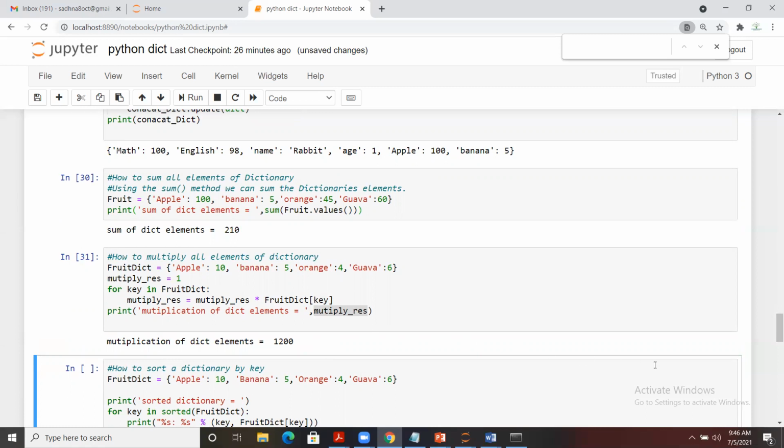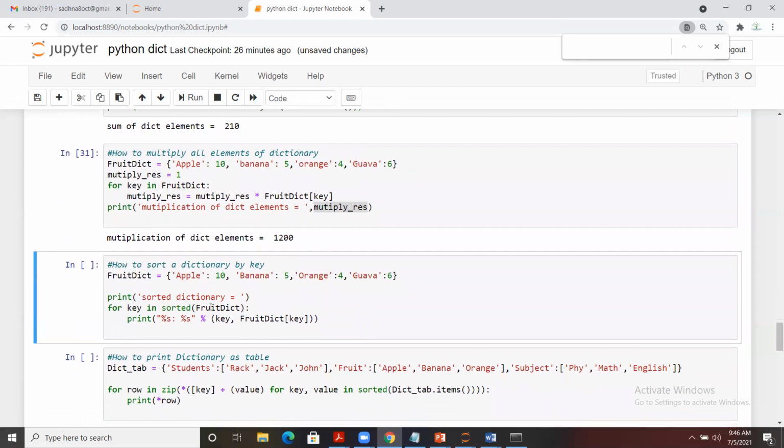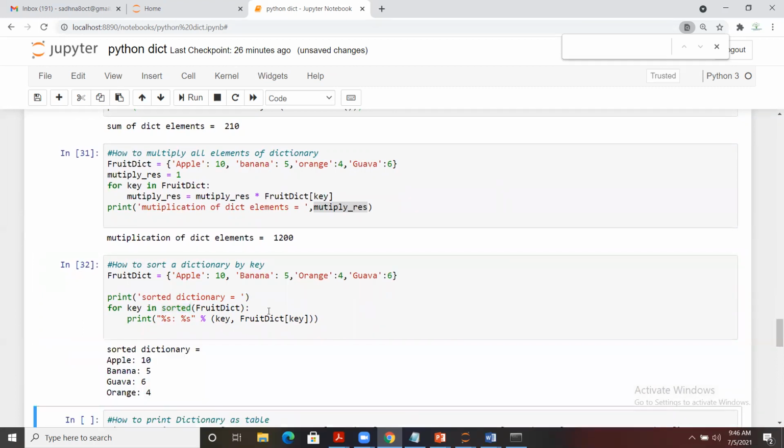In case we want to sort a dictionary using a key, then also we can do it. This is the dictionary, and we have applied sorted, and once you run it, you see that we have a sorted dictionary. This is just a part that we wanted to showcase. Here the key will come, and here the values will come. So this is just a part of display. So here is the sorted dictionary that you can see, based on the keys, right? So that has been alphabetically sorted.